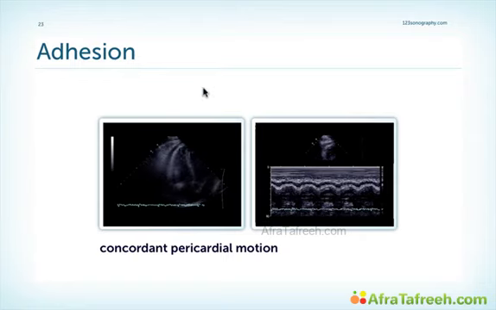Here's another example, a 4-chamber view where we are focusing on the right ventricle. This patient has a more seroeffusive type of pericardial constriction. There's probably a form of organized pericardial effusion here. But nevertheless, we see a motion of the pericardium and the adjacent tissue parallel to the motion of the right ventricle. This can also be demonstrated with the help of M-mode. Note how the pericardium and the adjacent tissue parallels the motion of the right ventricle. This usually does not happen to the same extent if we only have pericardial effusion without constriction.